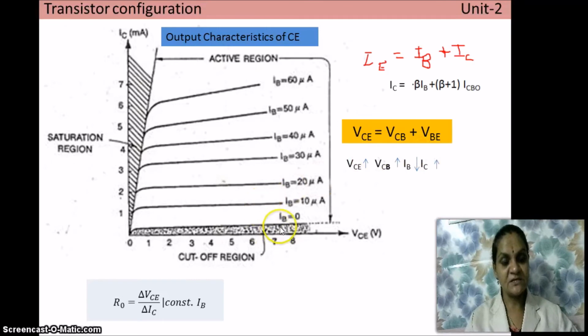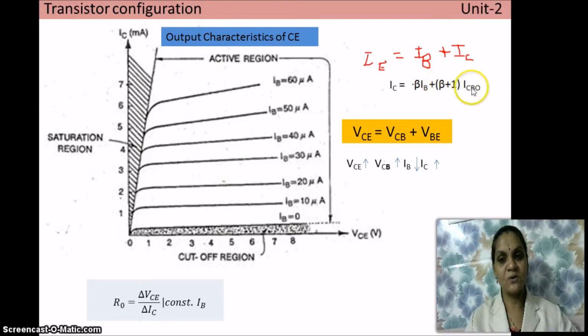Now we will see this. First we are going to plot the output characteristics between output voltage and output current at a constant input current. Input current is base current. Initially, keeping the base current IB equal to 0, according to this expression, if IB is equal to 0, this term entirely becomes 0, and beta is nothing but IC by IB. If IB is equal to 0, IC is also equal to 0, so this contribution will not be there.